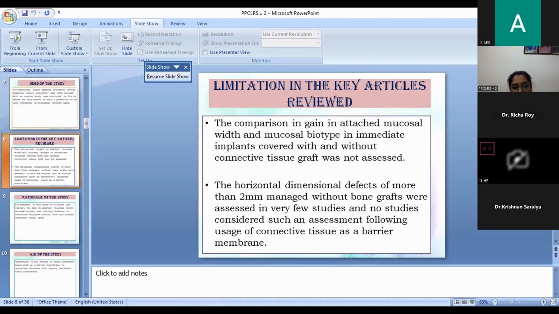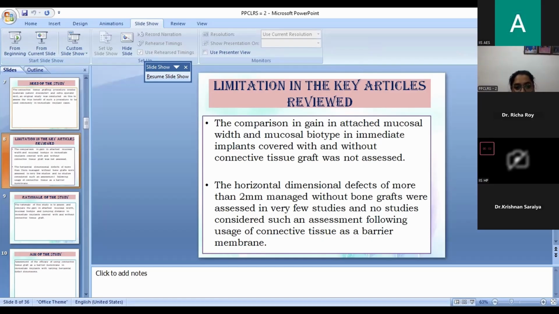Both mucosal coverage and mucosal biotype were achieved in most cases, and the present study could not exhibit any added benefit of connective tissue graft coverage over conventional flap adaptation. The limitation of the study: though a large sample size was selected, a better sample size would have made the study more reliable and with least errors. Standardizing the samples was a near impossible task considering the clinical condition, especially when considering the reasons for extracting the tooth and the amount of bone available for implant placement. Answer to the research question: the present study could not establish the expected outcome that usage of connective tissue graft as a barrier membrane has an additional benefit in